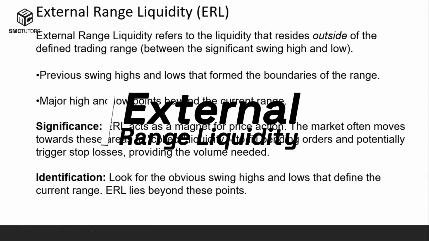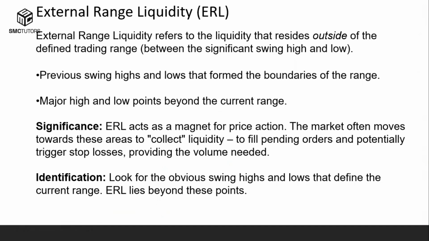External range liquidity refers to liquidity that exists outside the defined trading range. So we have levels like previous swing highs and previous swing lows, and obvious highs and lows beyond the current range. These areas are extremely important because they act like magnets. The market loves to move towards these areas to trigger stop loss, fill pending orders, and generate volumes for large